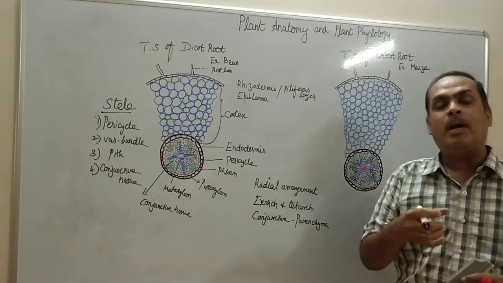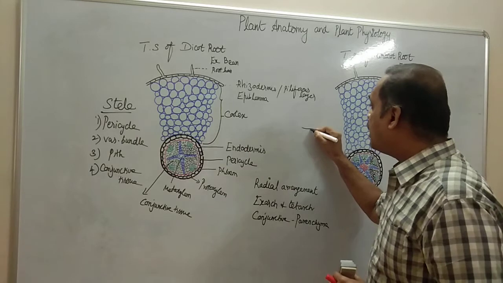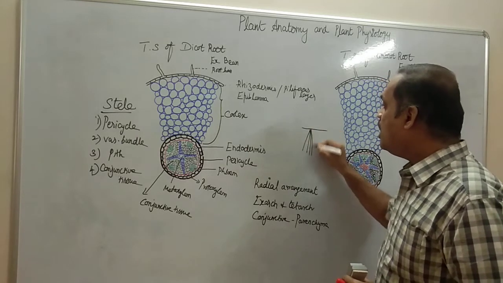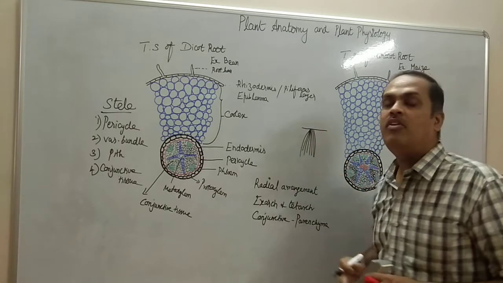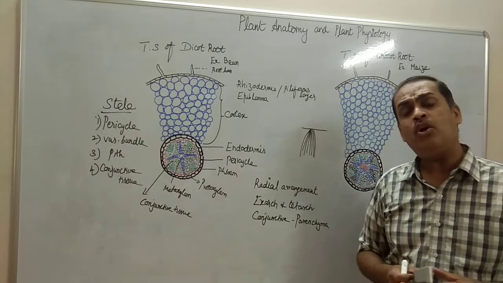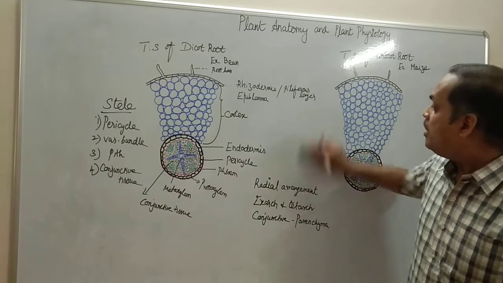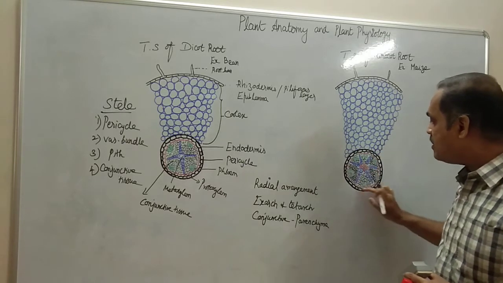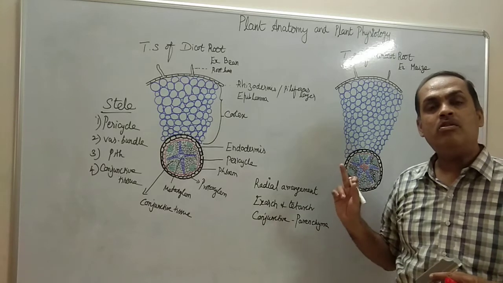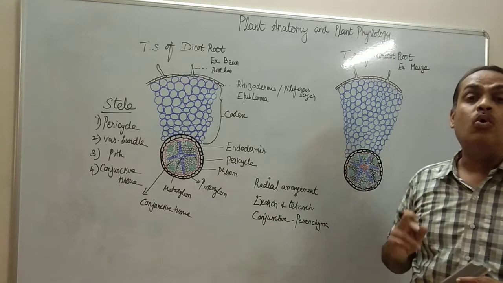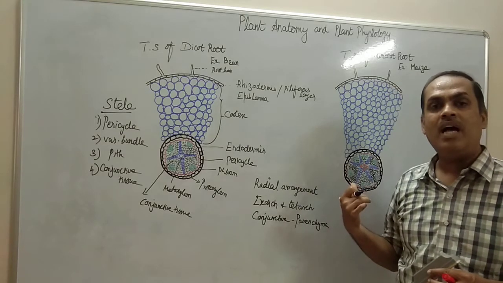Now suppose I am uprooting a grass, rice or wheat plant, I will be able to see a cluster of hair-like structures coming from one point. This is called the fibrous root system. They will not have any lateral root growth, so they will not have any lateral roots. Here the pericycle is a single layer made up of parenchymatous cells. Here we should not write that lateral roots originate from pericycle, because lateral roots are possible only in dicot root, but in monocot root lateral roots are absent.